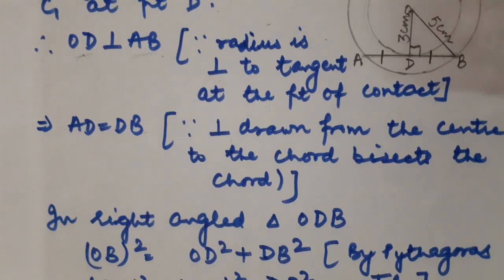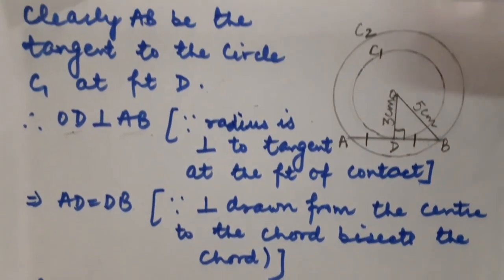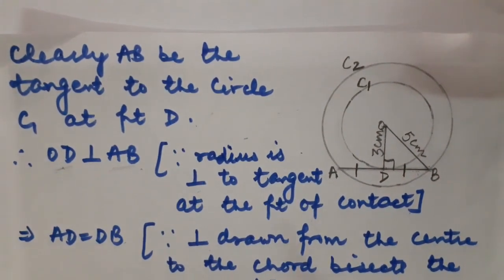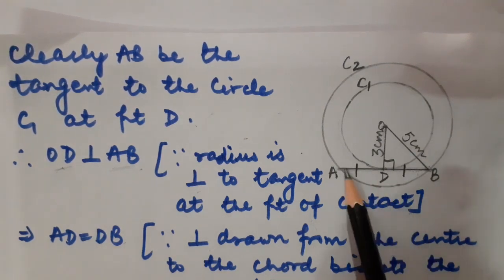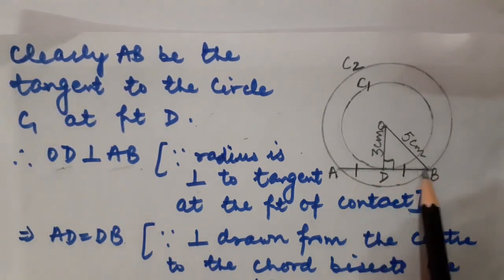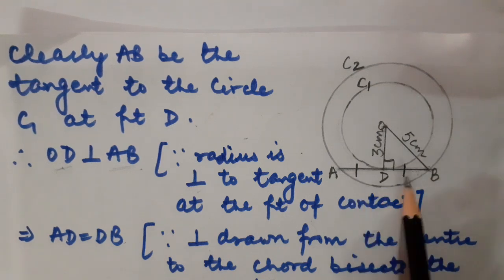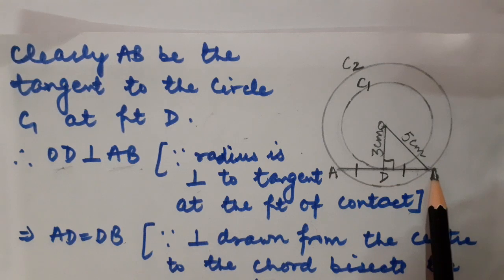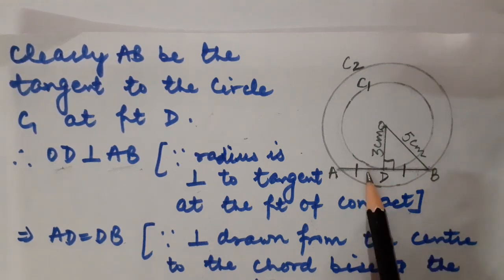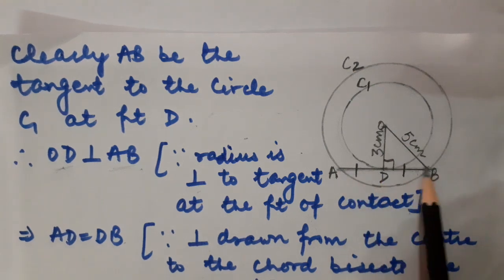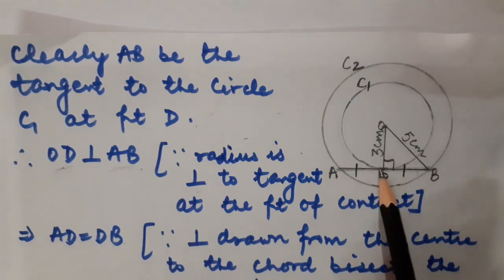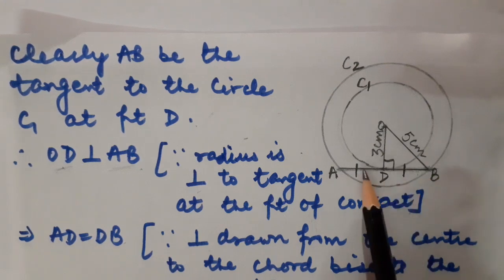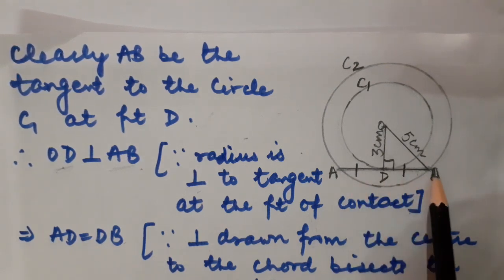Understood, children? Okay. Now, as I have to find out the length of the chord, I have to calculate this complete AB. How can I calculate AB? If I know AD or if I know DB, then by making it double. Why? Because I use the word bisect, means AD must be equal to DB. If I am capable to find this DB and I make its double, then will I be able to calculate this complete length of the chord of the circle?